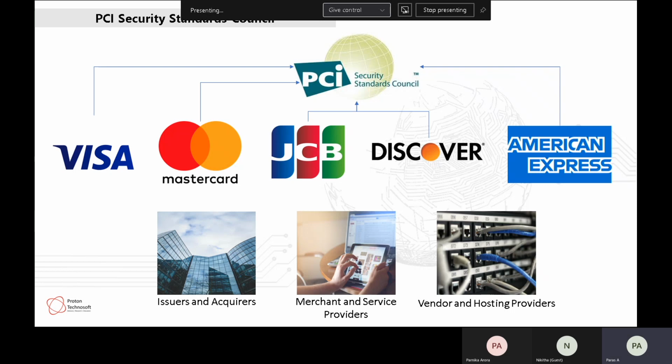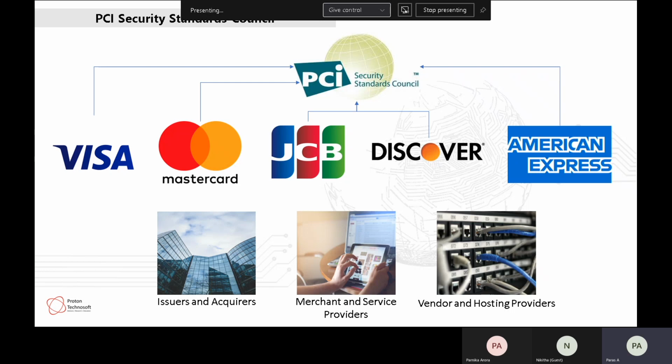Okay. Another example, let's say I am Target and I have an HVAC vendor, then that HVAC vendor is a service provider to me till the time they are servicing my equipment. So if they are maintaining the humidity levels or the equipment to maintain that humidity level in my data center, and in that data center my payment related infrastructure is also there, they are the service provider for Target as a company. So those entities are called the service providers.